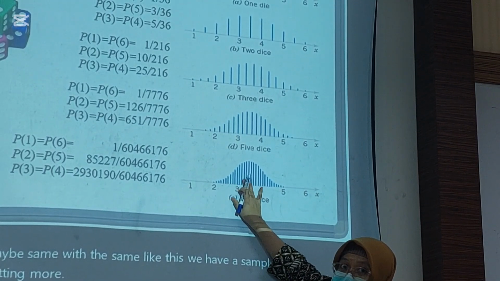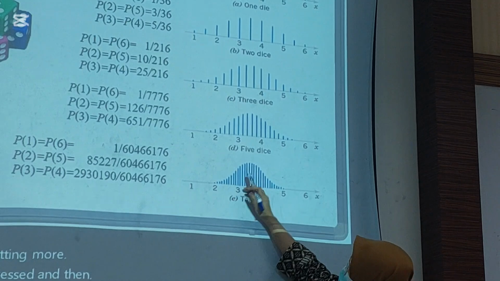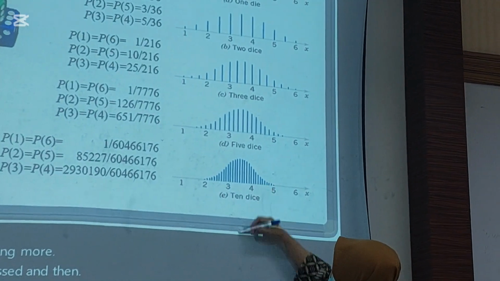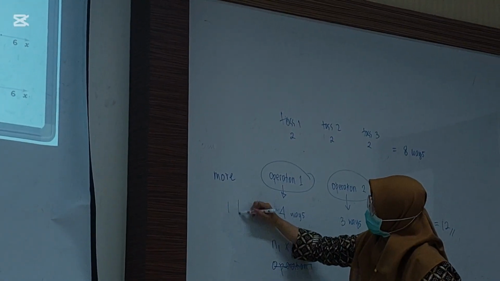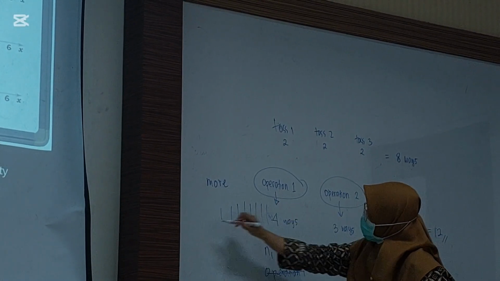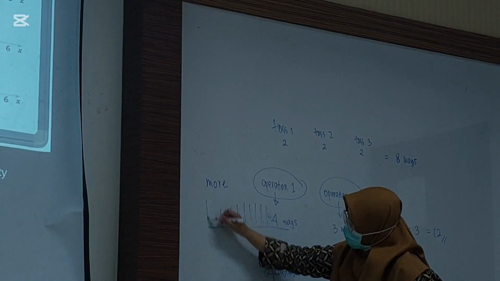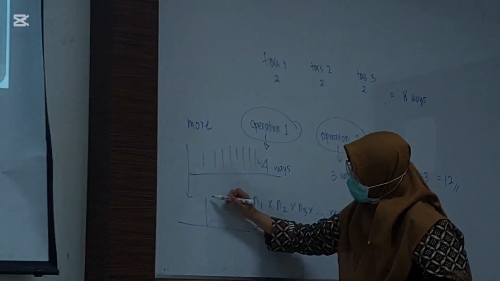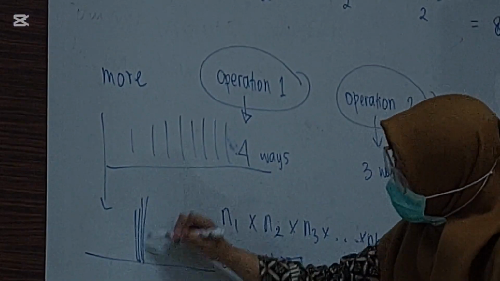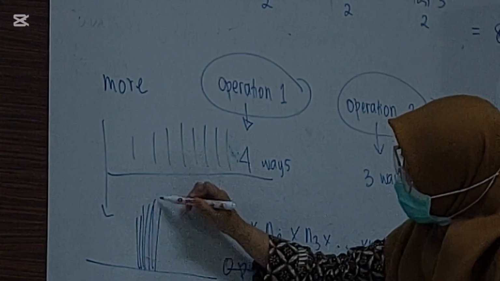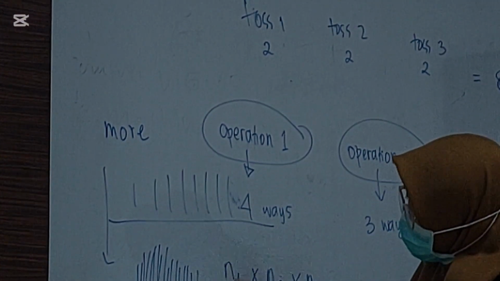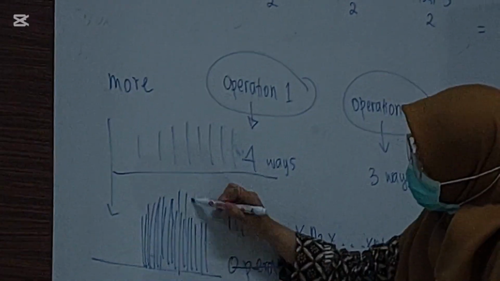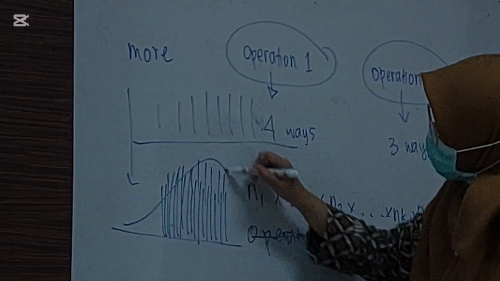Compress, and then if we go more than that, more and more times, the probability is this one. More and more we have compressed, yes, and we can know about